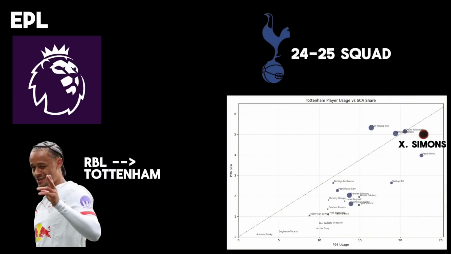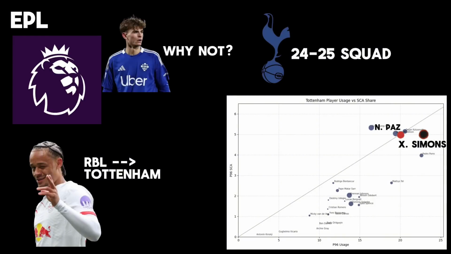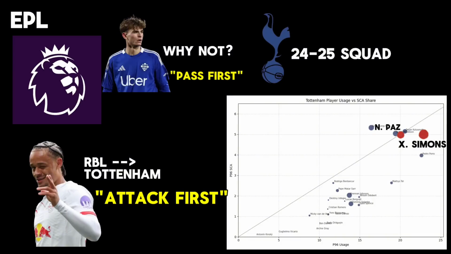Simons is heliocentric. Tottenham need that. They have nobody to take the reins without Maddison. And even with him, he's not always fit. But Tottenham were also linked with Como's Nico Paz. They're both heliocentric, they're both creators, but Simons puts more of an emphasis on the goal scoring, and Paz puts more of an emphasis on the passing.